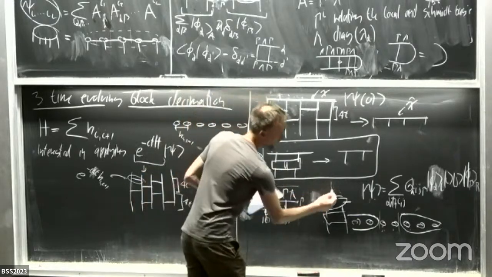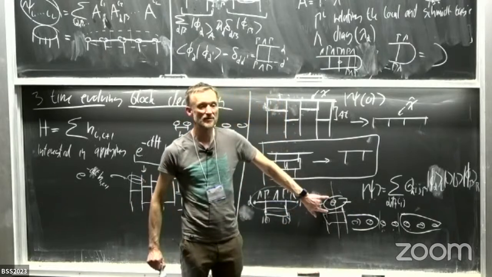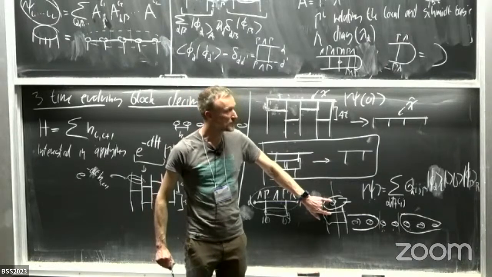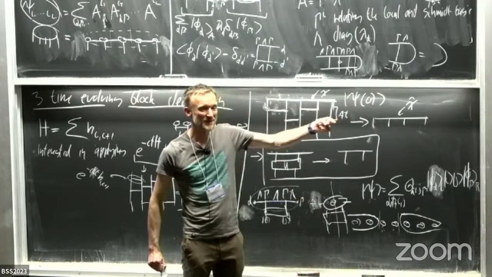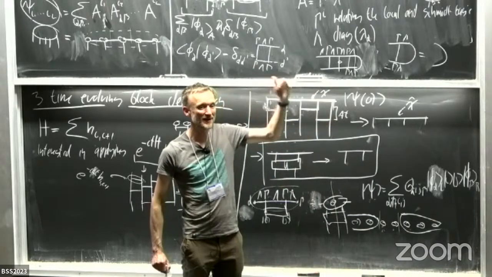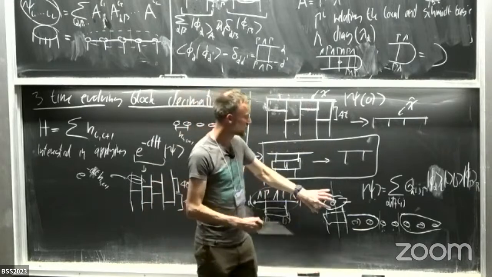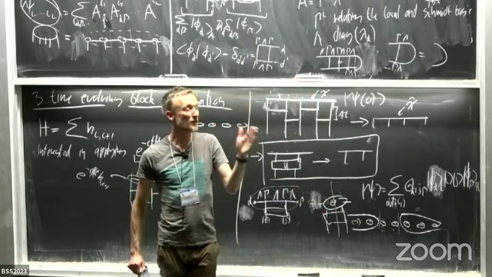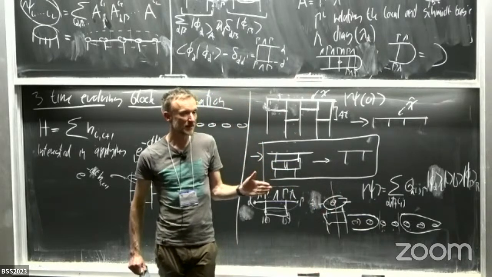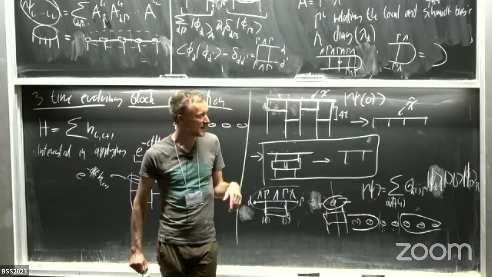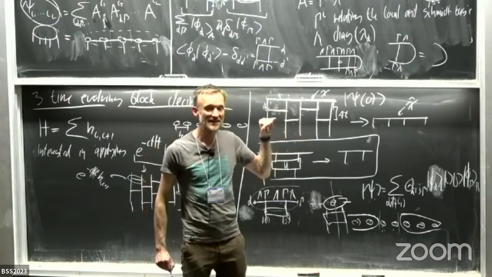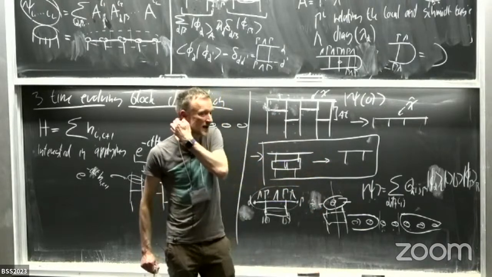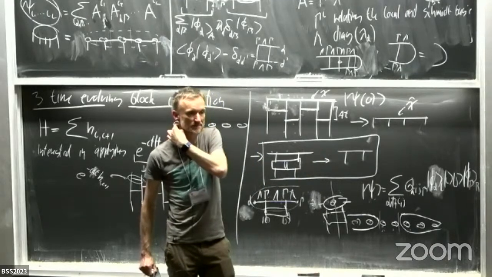And all I have to do is to perform a Schmidt decomposition of this object. After doing the Schmidt decomposition, I can do the same as what we did with these images. I'm doing a singular value decomposition, and then I'm only keeping the dominant singular values, and all the rest I'm throwing away. By this, I can reduce the bond dimension, and I can actually, at each step, tell how much I've thrown away. And then I can control how well the approximation works.